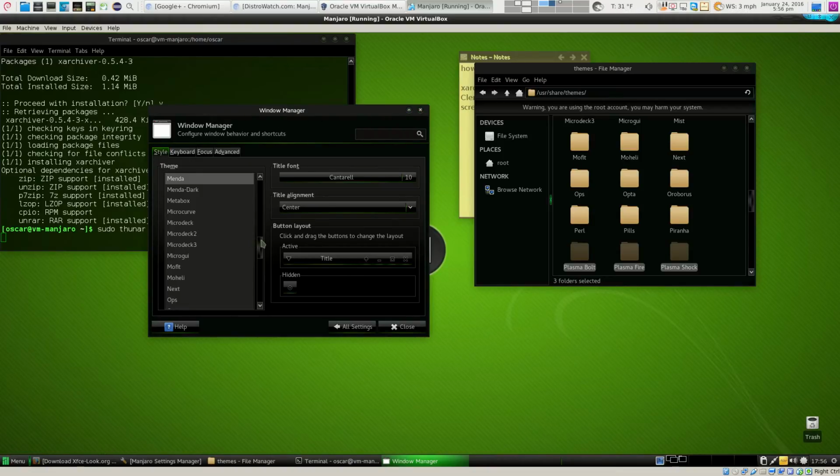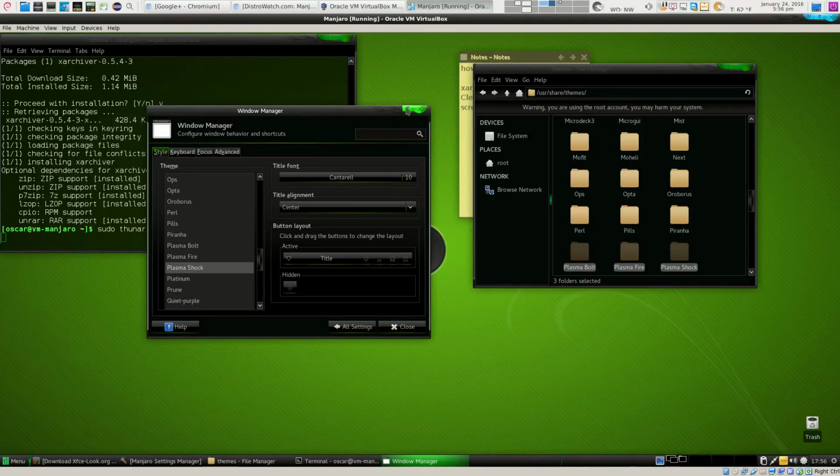Right? Okay. We're gonna go down to the P's. Let's go into shock. Green changes. Fire will be red, and then bolt will be blue. But we're gonna keep it shock and green. You can change the location of this here as well.